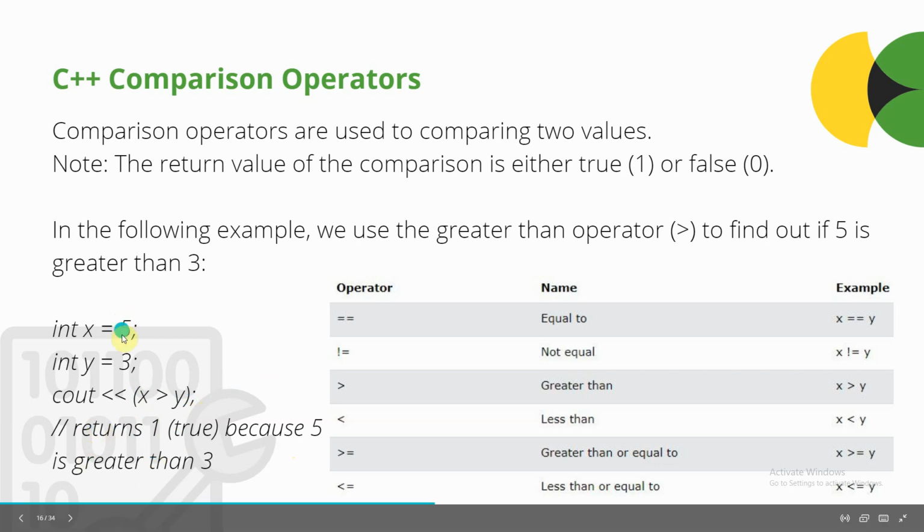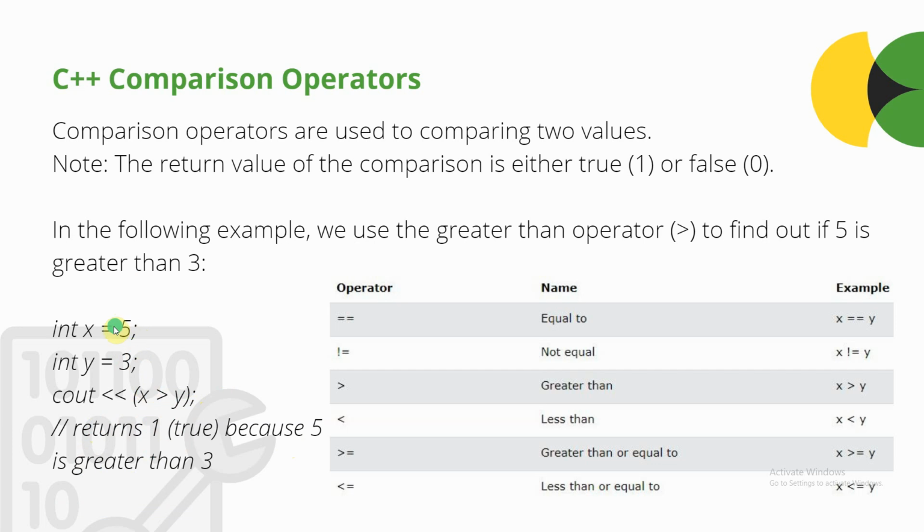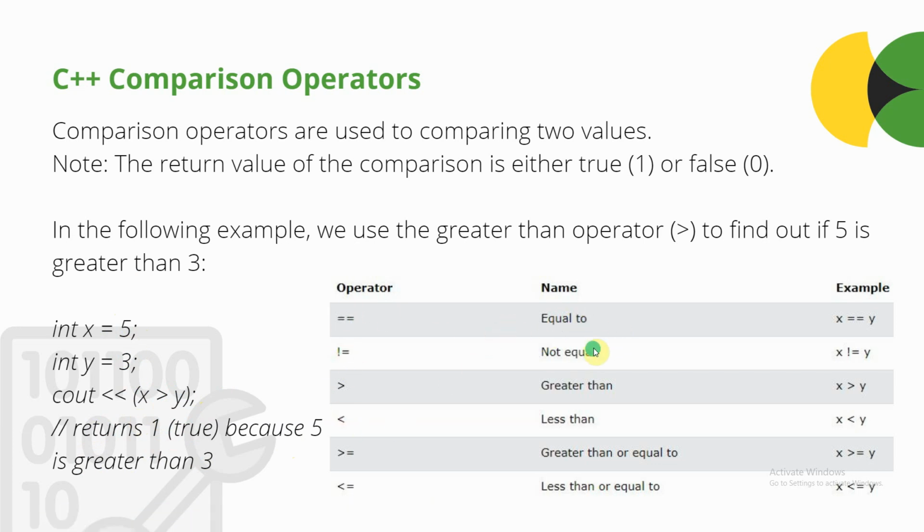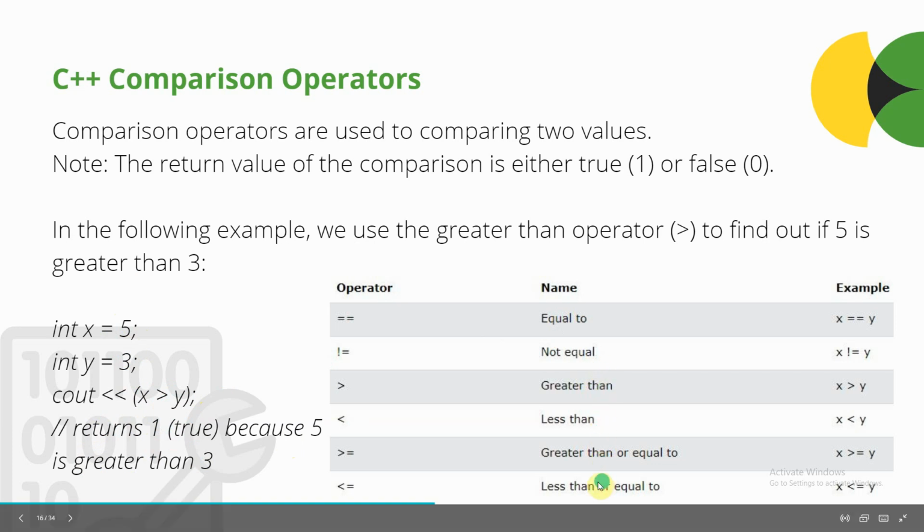If the numbers are different, of course, we'll use another comparison. Then if it's false, it will return 0 in the output. These are the examples of the comparison operators: equal to, not equal, greater than, less than, greater than or equal, and less than or equal. The same with this example as declared in the